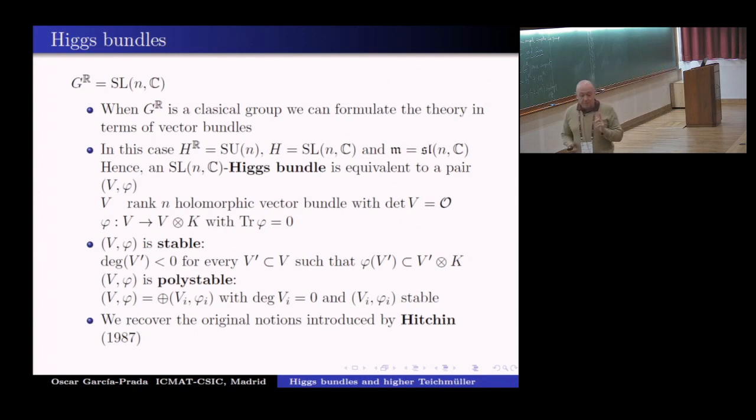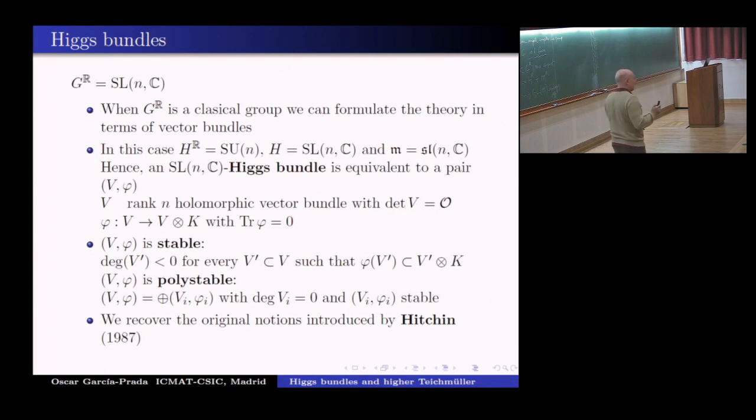In general, meaning if you are working with real groups, that doesn't happen. You have to consider more general parabolic subgroups. In many cases, there are simplifications that tell you it is enough to consider parabolics of a certain length, but in general, you have to have filtrations of your vector bundle with several steps, okay? And that happens for many real groups. It's not the case for the next example that I'm going to tell you, which is also expressible in terms of maximal parabolics. But let me give you another genuine example,